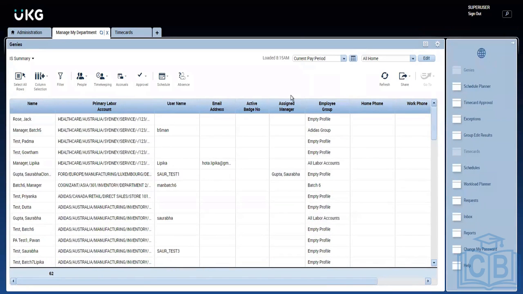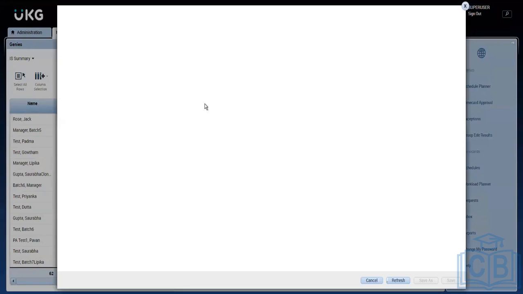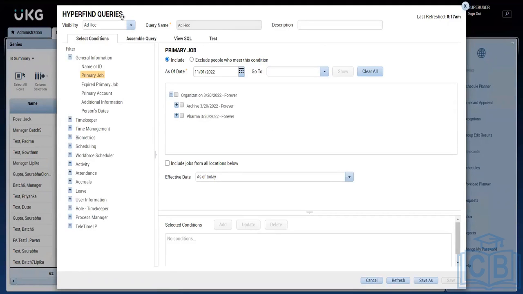Okay, so I'm going to create a hyperfind. Maybe you can create it as ad hoc, because I'm going to give a specific name to that. You cannot give the same name to two hyperfinds. If you want, you can create a personal one and proceed, rather than public. Public means only one can be created with the same name. You can give a suffix and create with the same condition as a personal one so that for your purpose you can see it. So I'm going to give the hyperfind name as Australian employees.